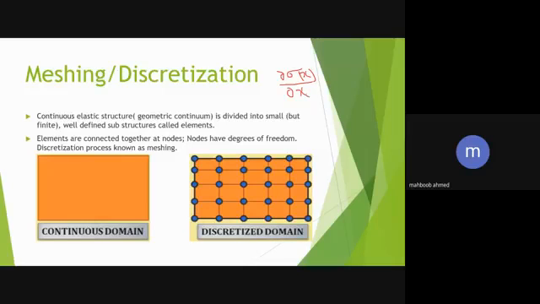Okay, del sigma by del x, where sigma is my stress and x is the coordinate, plus f of x, which is a force depending upon the function, equal to 0. It is the simplest stress equation for one dimension, single dimension के लिए हमारे पास ये